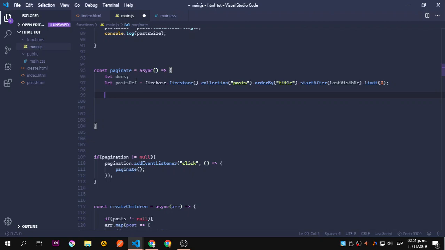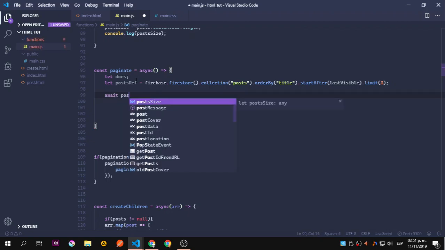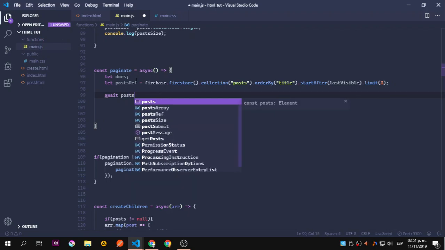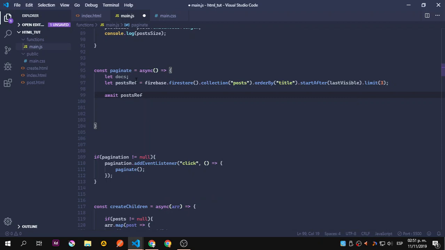So, await post ref. So we need to make this post ref again. Posts, where, okay, here. That get. So the get, remember, actually goes and performs the action that is looking inside the collection and fetching the documents. And we need to say then